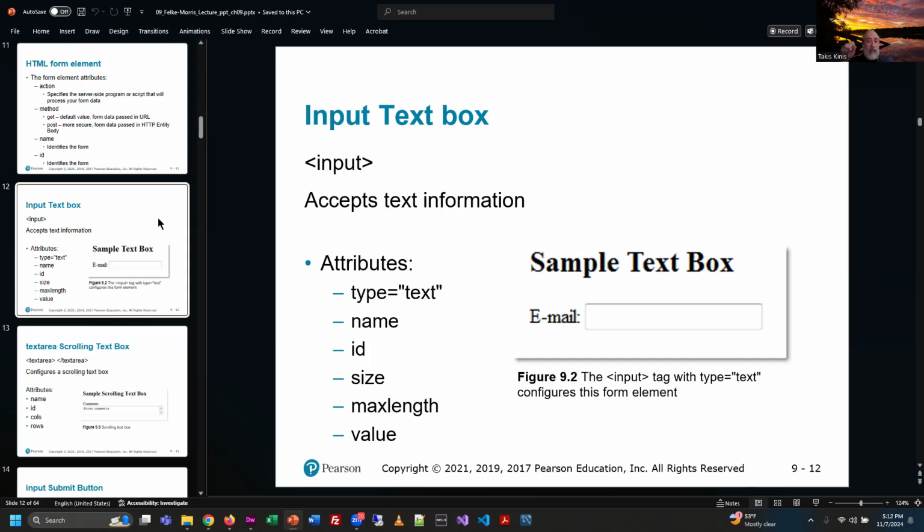All right, as we start getting into the input boxes, you'll notice that the different types of input boxes will have different types of features available to them as attributes. And we've done some of these already. Like we did type text, we did the name, the ID. We didn't do size, max length, and value though. So we should try all of those. All right, so let's